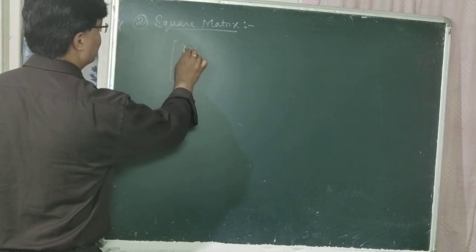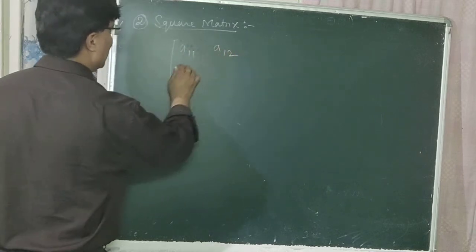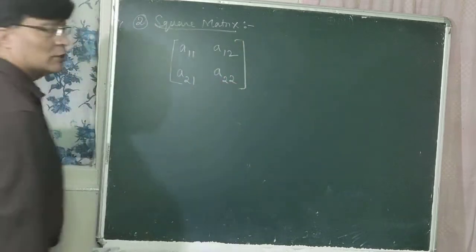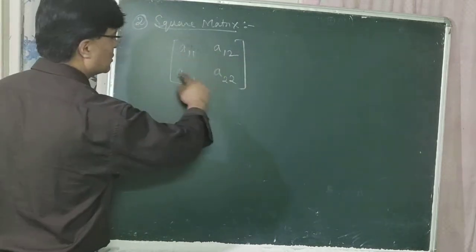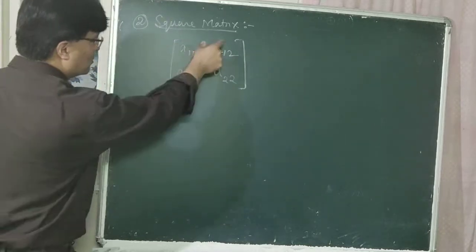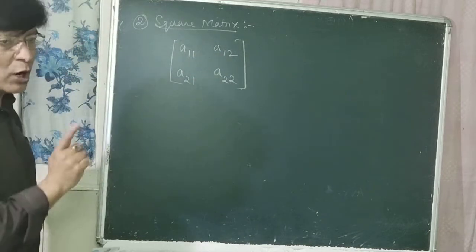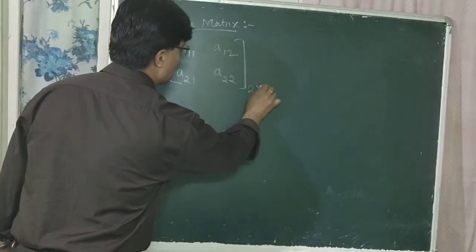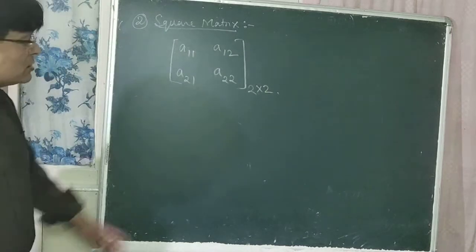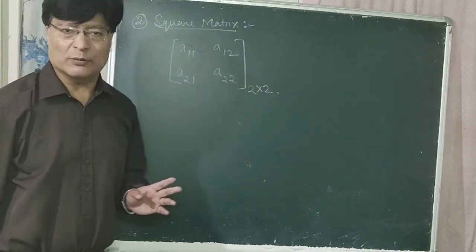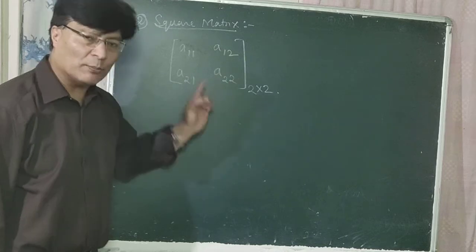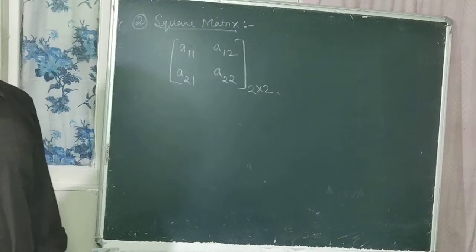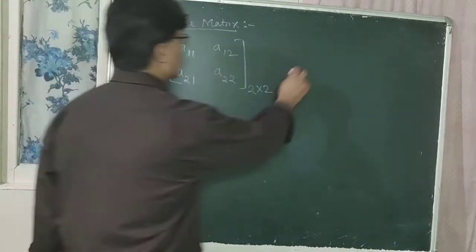Suppose you have A11, A12, A21, A22. So how many rows are there? First row, second row, 2 rows. First column, second column, 2 columns. So there are 2 rows and 2 columns, that is, it is a 2 cross 2 matrix. That means the number of rows is equal to the number of columns. If in a matrix the number of rows is equal to the number of columns, then that matrix is known as what? Square matrix. Or it may be